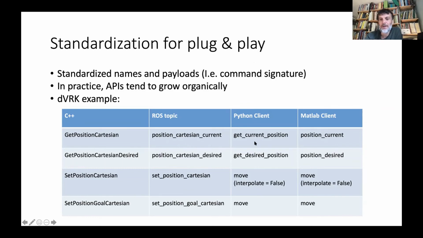And then when we wrote the Python client that was developed by a bunch of undergrad students to help us work with it, you can see the name changed again. And at one point, you're trying to understand in your stack of code what goes where, and it became impossible. So what we had was an effort with,